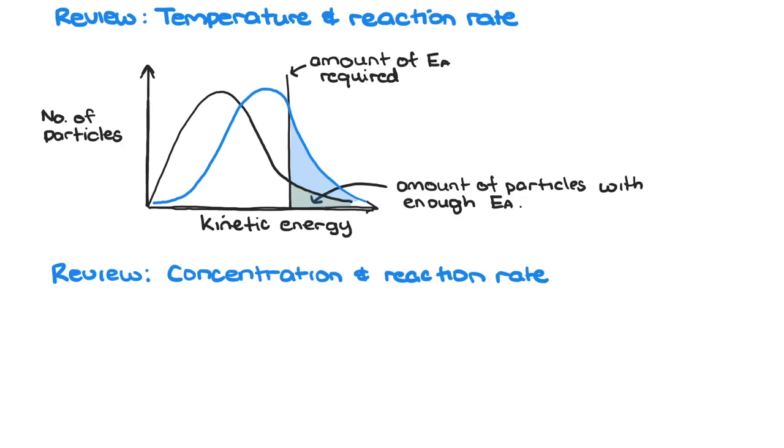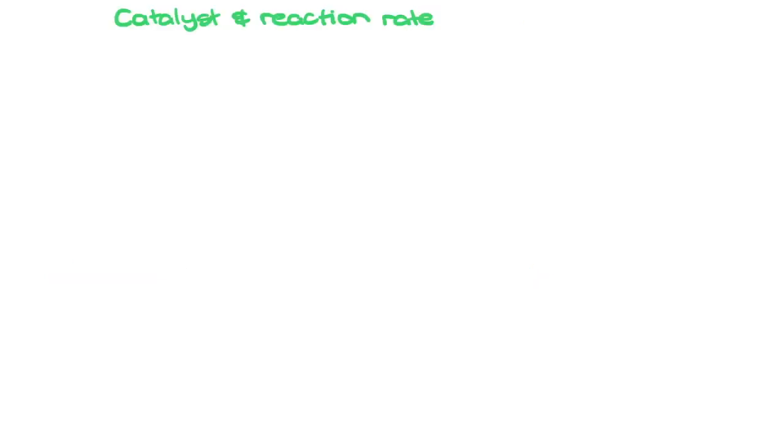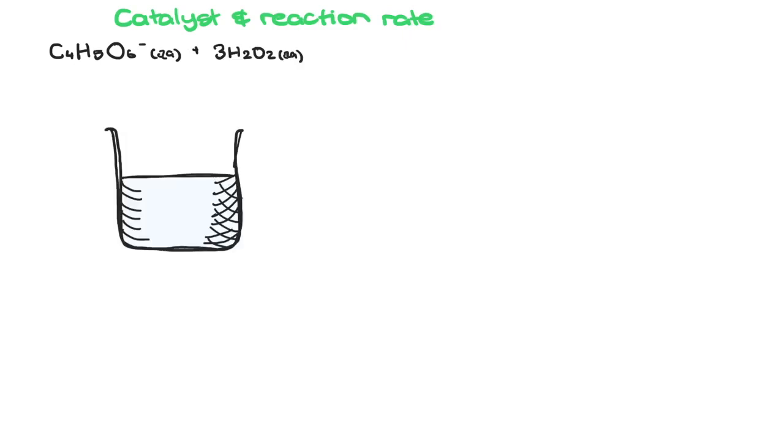We also looked at how increasing concentration of one or more reactants increases the rate of reaction, as long as they are in the same phase, as in gas or liquid. When concentration increased, more particles are packed into a given volume, so there's a greater chance the particles will collide more often. If we observe the reaction between potassium hydrogen tartrate solution and hydrogen peroxide, the potassium hydrogen tartrate decomposes,